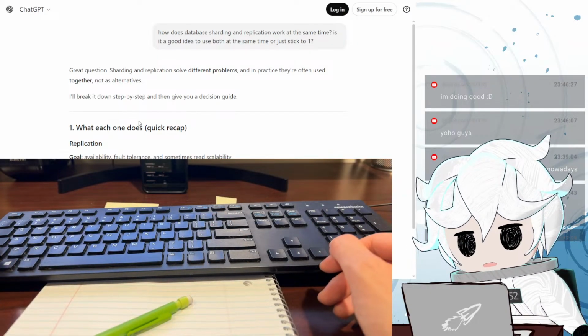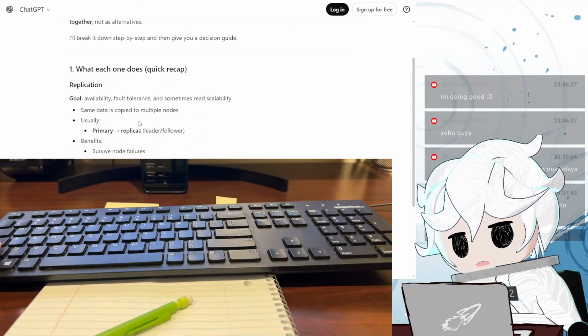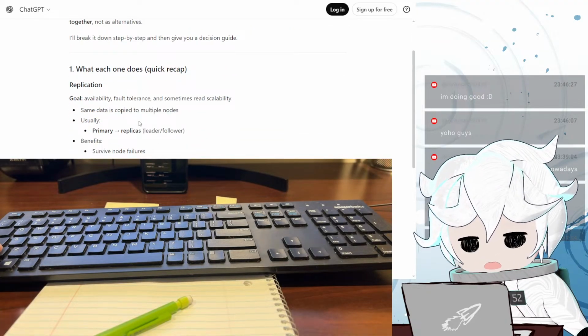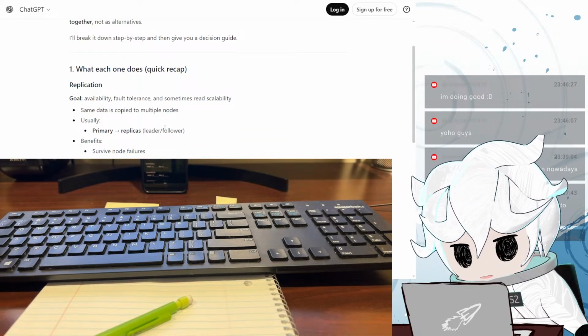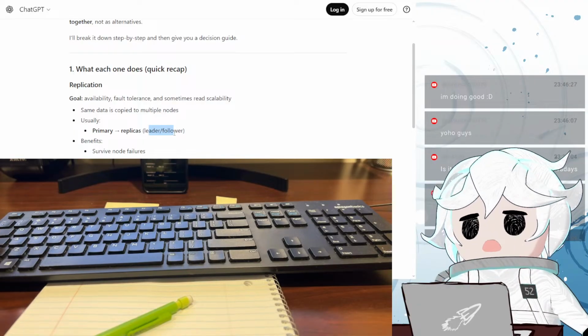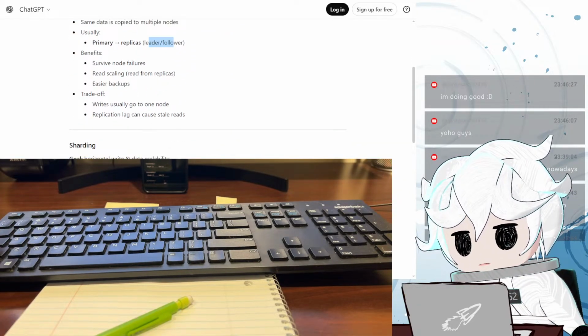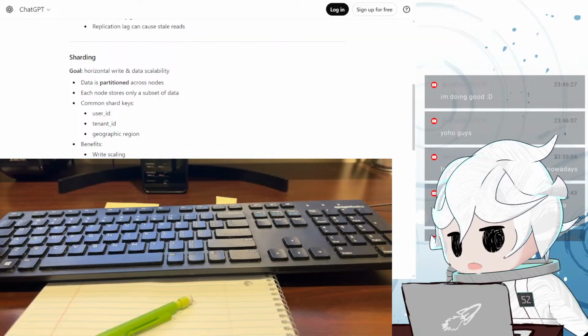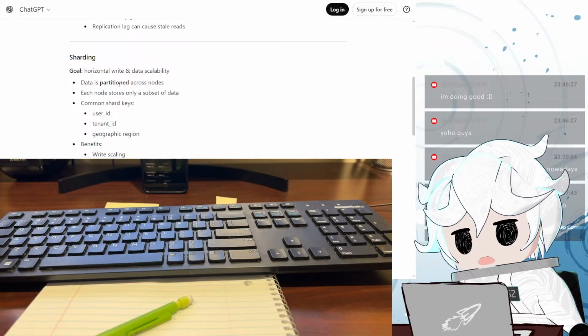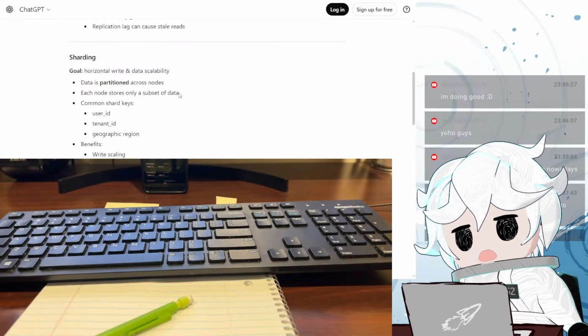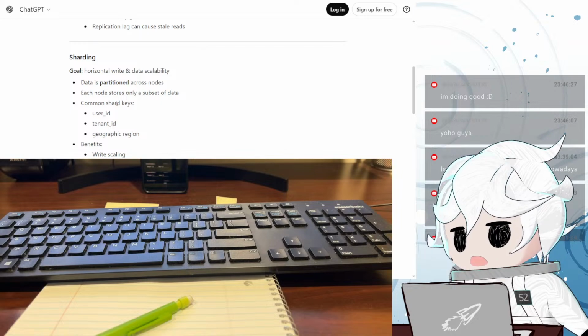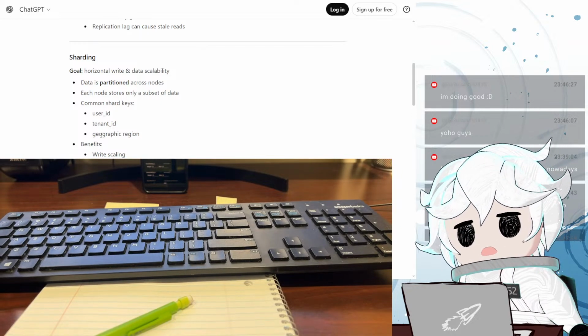They're often used together. So replication is just literally duplicating your database for the leader and follower, and then reading from the replicas. Sharding is data is partitioned across nodes. Each node stores only a subset of data. Common shard keys are user ID, geolocation.